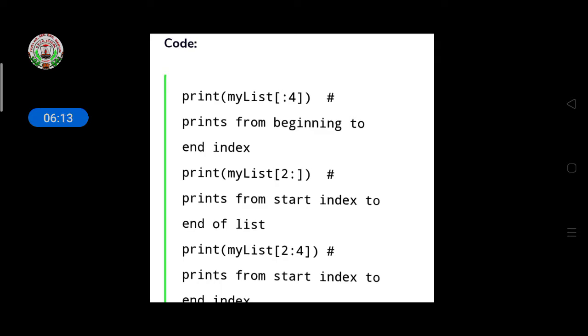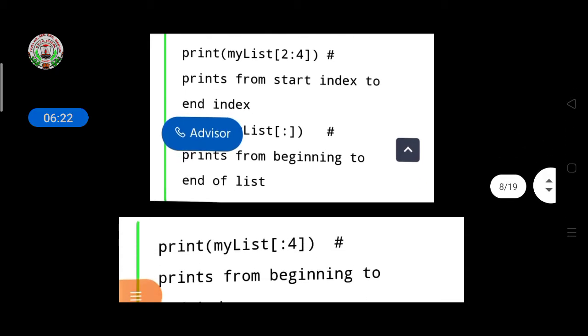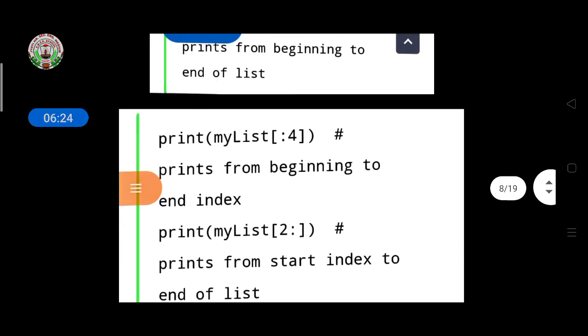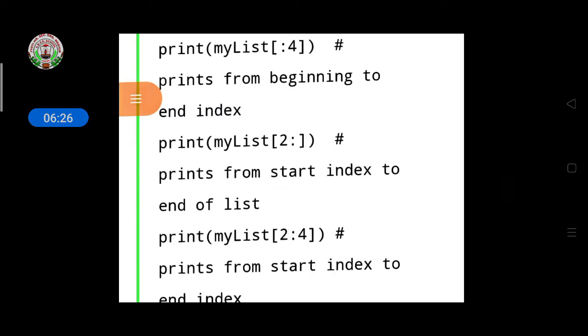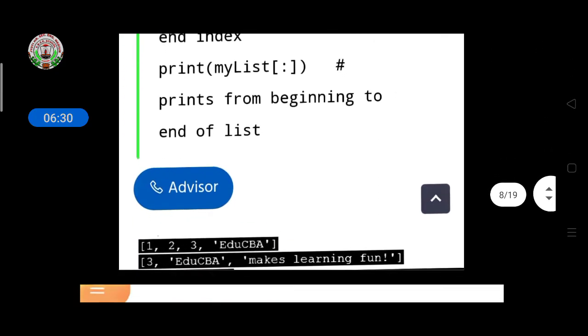The print command is used to print the line we are giving. Then mylist 2 position is given, mylist 2 4 position is given. At the last, it will show the program starting from here. What will it show? The remove function.